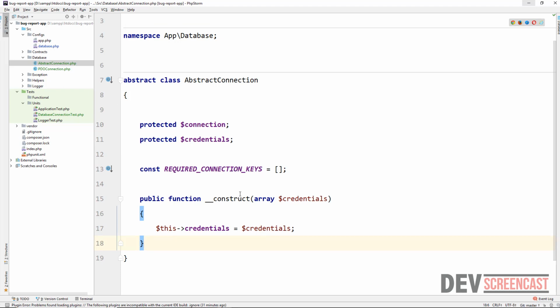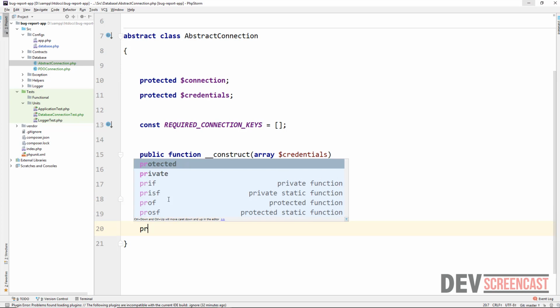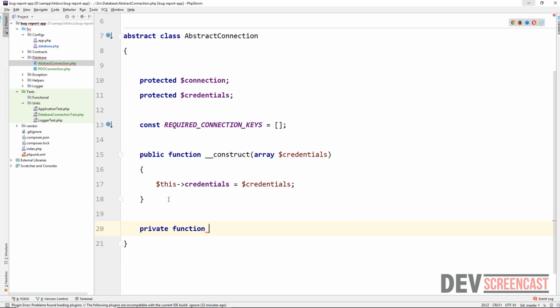Okay, so maybe later we can think of a better name. So to validate, we need a different method here. So we're going to create a private method. So we're going to say private function credentials